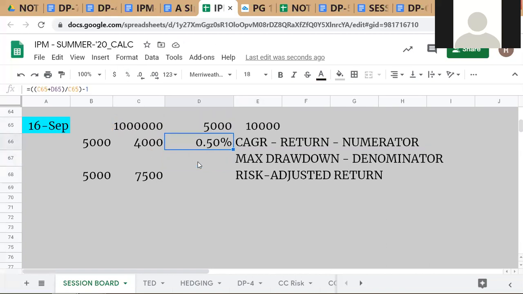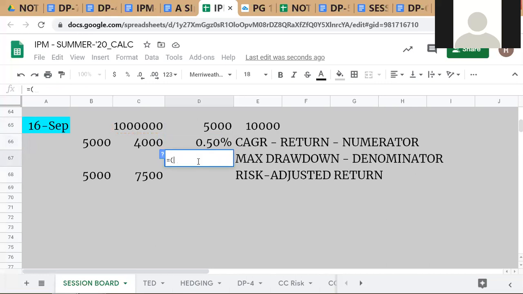But we want to write it in this more complex formula because we should understand how to do the formula for any kind of a period or any return. Now that's your numerator. And what is your denominator? Your denominator is basically